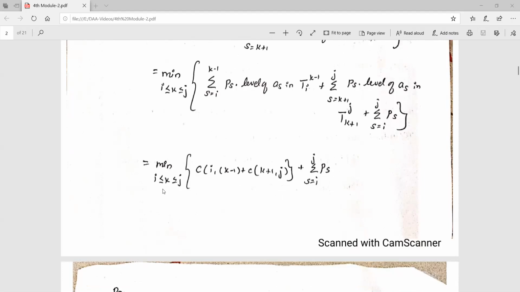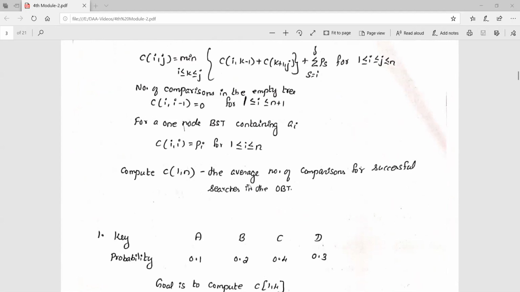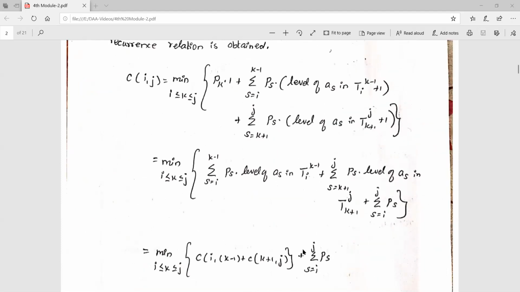Minimum over I less than or equal to K less than or equal to J of C of I comma K minus 1, this is the left part, plus C of K plus 1 comma J, this is the right part. Here it will not be plus, it will be comma. Next, plus the sigma of S from I to J of P S, where P S is the probability.